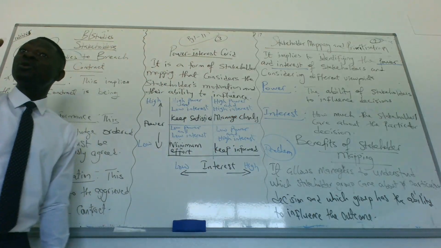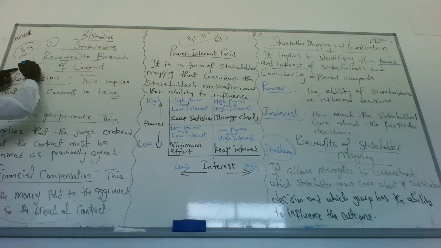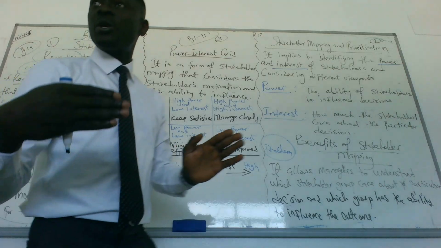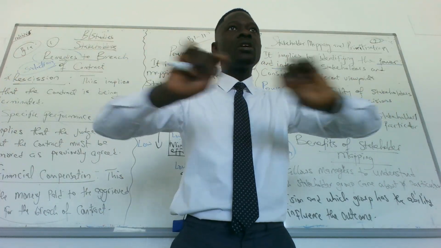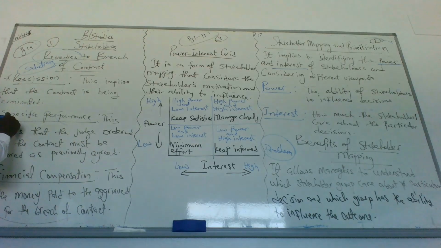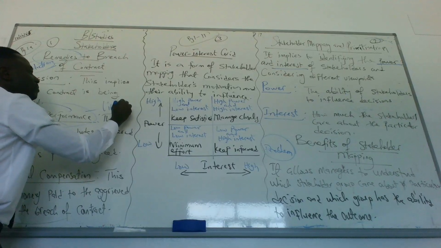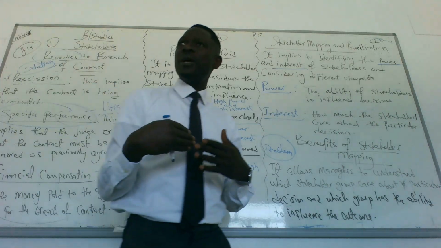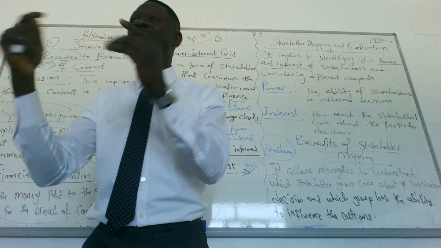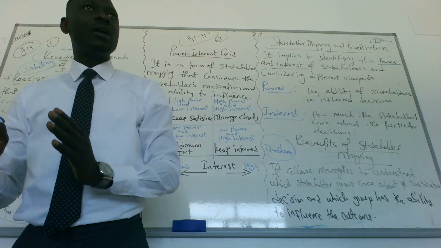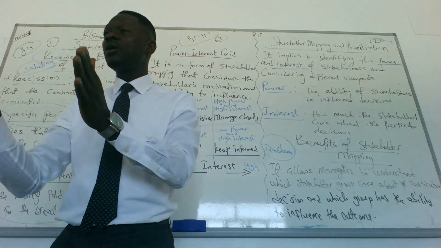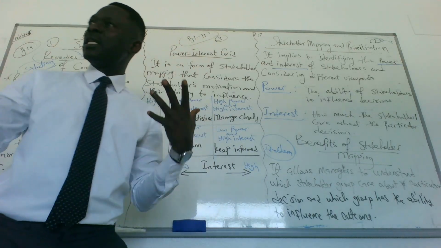That's the first solution. Remedies means what? Solution. Remedies mean solution to contract breach. The first one is rescission, which simply means you and I sit down together and cancel the contract. The second one is specific performance. This goes with litigation. Because you and I have an agreement and you have not honored the agreement, I'm taking you to the court of law. As soon as we get to the court of law, it's a litigation process, which means